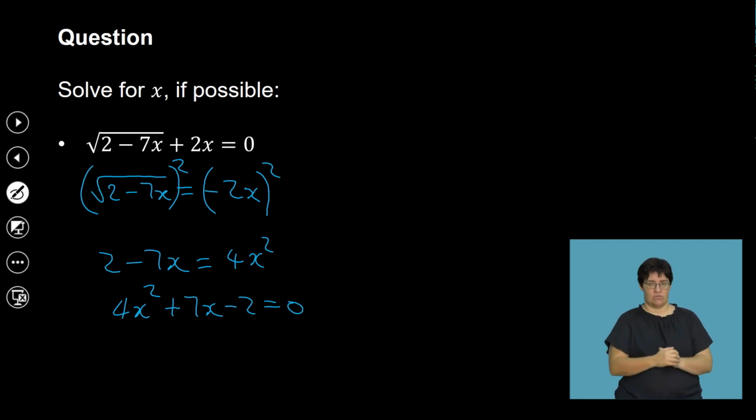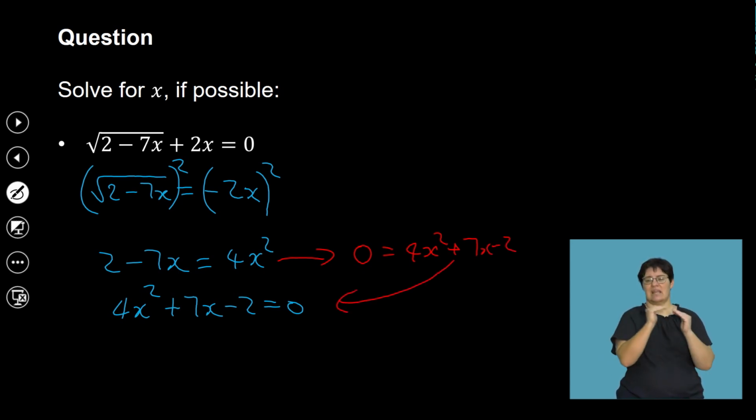I'm just rewriting it properly, right? But where this comes from is, I take everything to one side, so 0 is equal to 4x squared plus 7x minus 2. That's why I just wrote it in standard form, so that you are not confused about where that comes from. And then from there, I can simplify this by